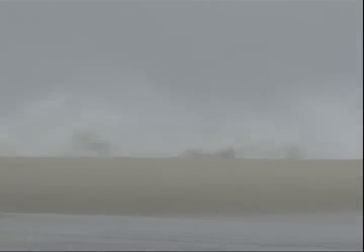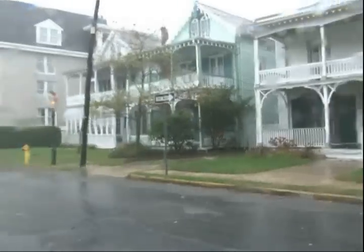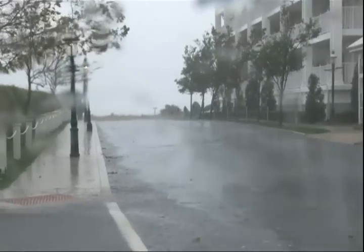So what they did was not only did they have a strong surge, which was anywhere between 6 to 10 feet, but you had astronomical high tides at the same time. And what we saw this morning in Atlantic City was all the flooded roadways. And actually, the good news for Atlantic City, even though they are underwater right now, the good news is, as